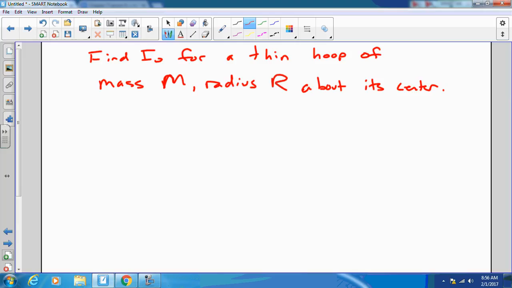the moment of inertia of a thin hoop of mass m and radius r about its center. An example of a thin hoop might be a hula hoop, for example, where all of the mass is concentrated right at the radius of that hula hoop. So we can actually approach this problem in one of two ways. One way that we could approach it is to integrate r squared dm, and we can do that. But I think an easier way to approach this is to think of the thin hoop as a limiting case